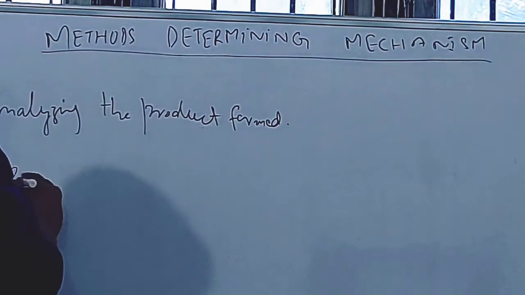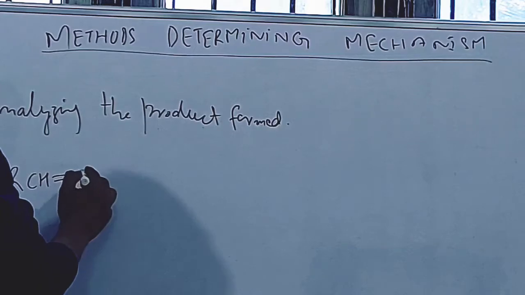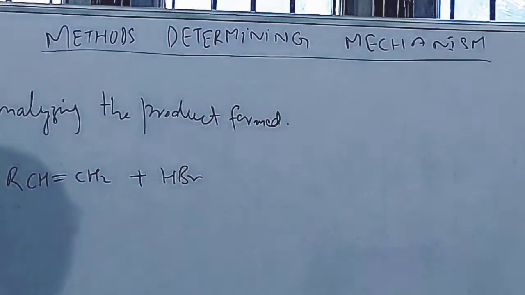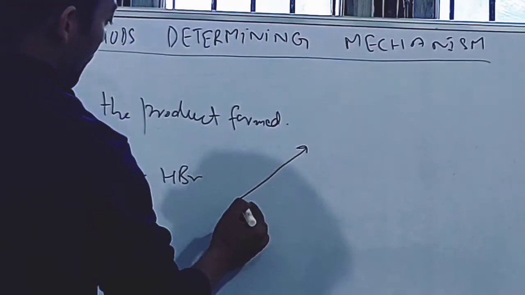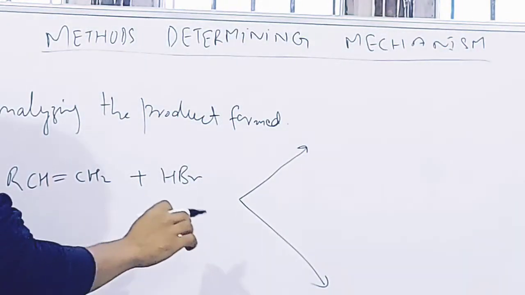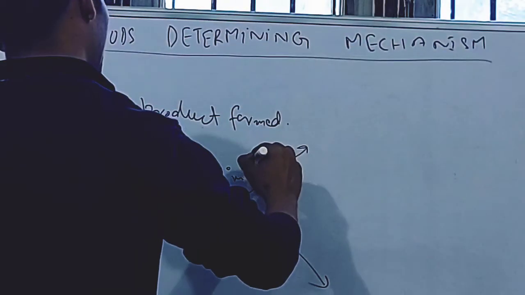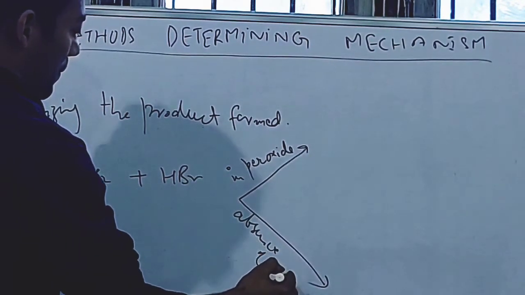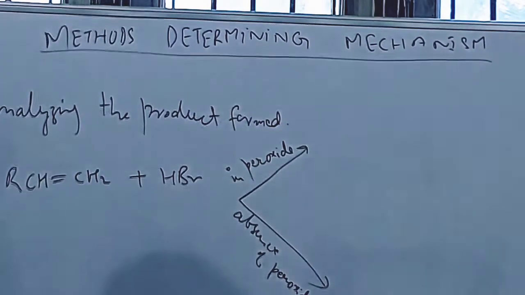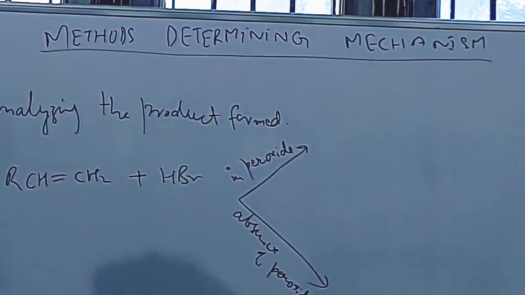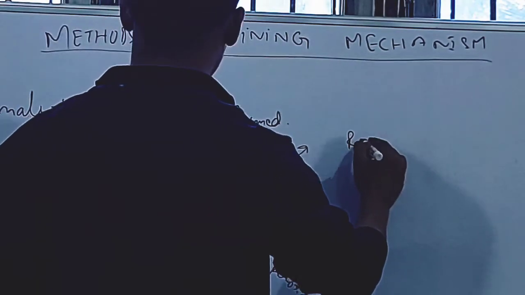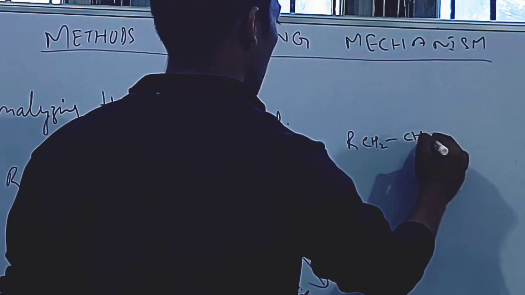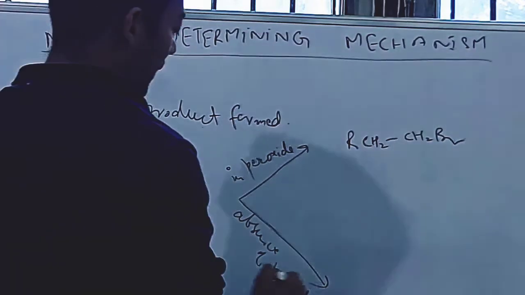Suppose we have an alkene, CH2=CH-CH2, and when this alkene is reacted with HBr, we have two possibilities in this case. What are those possibilities? In the presence of peroxide and in the absence of peroxide. So in this particular reaction, we have two outcomes. In the presence of peroxide, this reaction will give CH2Br, and in the absence of peroxide, we will get